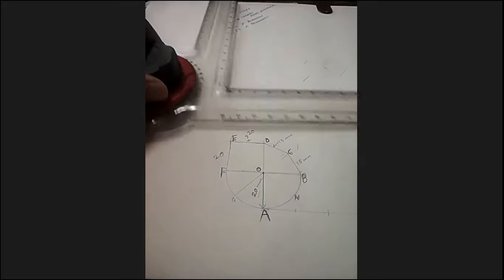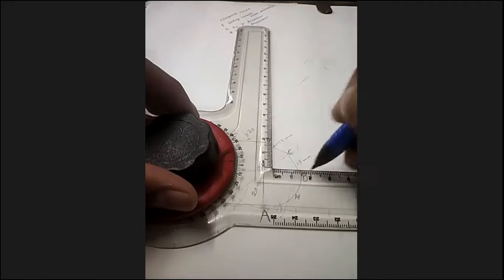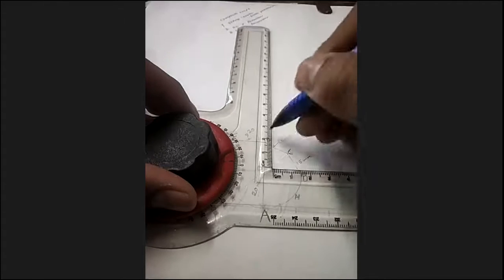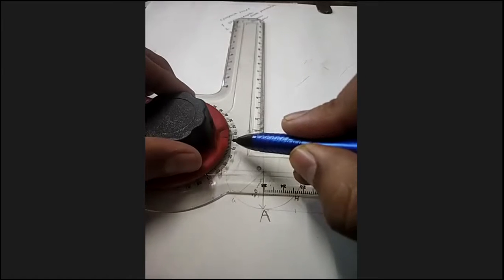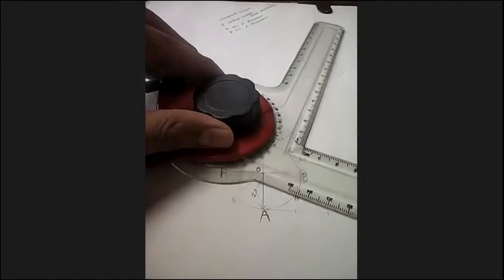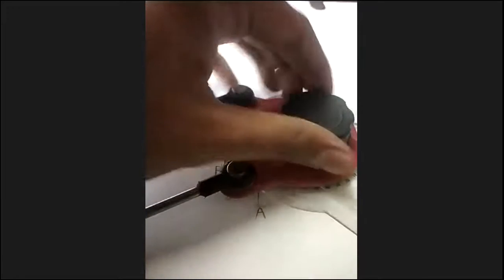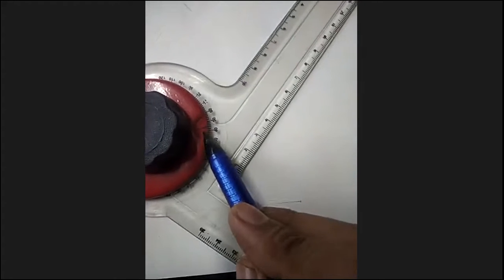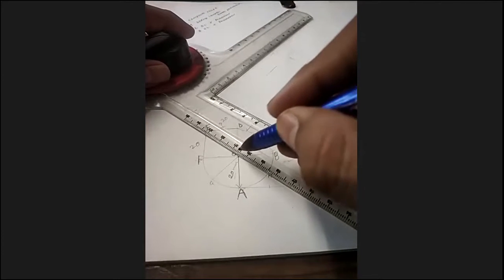See now again. How much angle is this? This angle is 90. So what I will do now, I will use my drafter and set it on 45, like this. See, it is set on 45. This is the line and this is 45. Fine. So with this line, I got my bisector immediately.